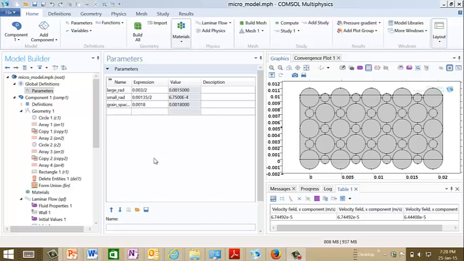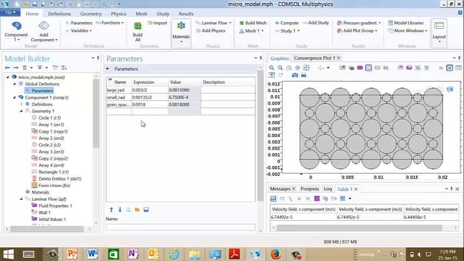This is the model that I put together to simulate the micromodel in the Oostrom paper. This is an idealized version. It uses the same pore structure, but it's somewhat smaller of a region than the overall model that's described in the Oostrom paper. Let's just go through the model builder over here and take a look first at